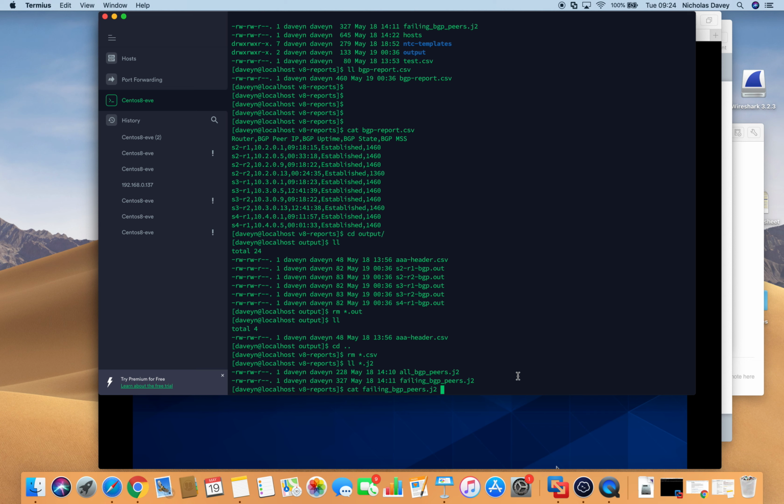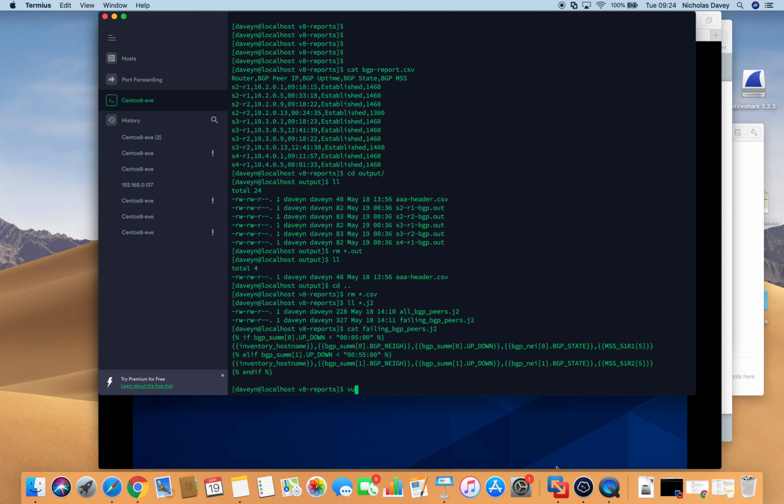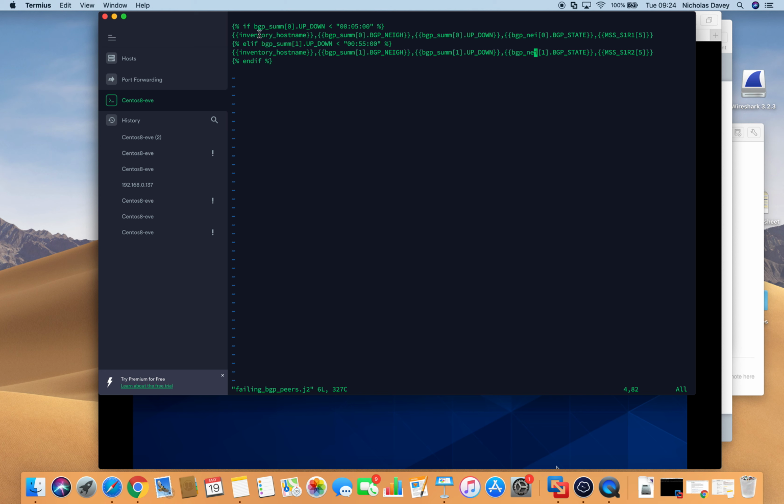So in this second report, I just want the ones that are suspicious, the ones with very low BGP uptimes. So if I just log into that, it's just a simple if statement. So if you remember in the structured data, the up-down variable was the timer, and element 0 is for the primary peering to router 1, and element 1 is for the secondary peering to the central site router 2. And I'm just doing a simple, if that timer is less than 5 minutes, then give me the output, otherwise just skip. So if we just run that one,